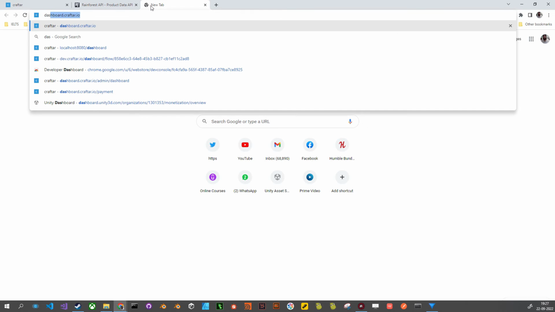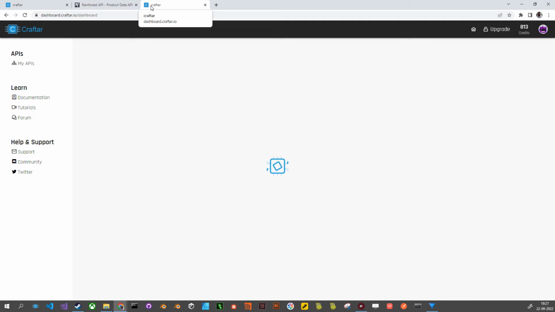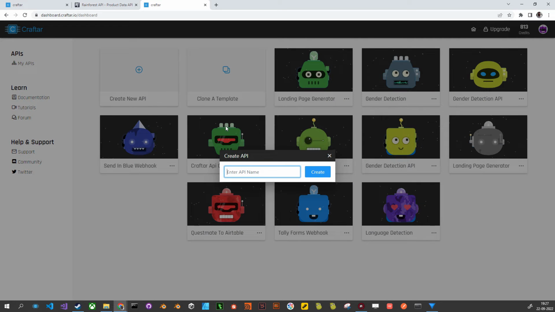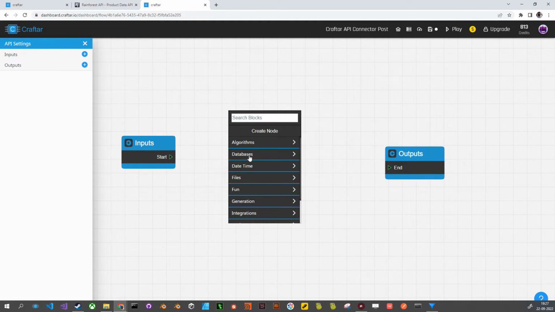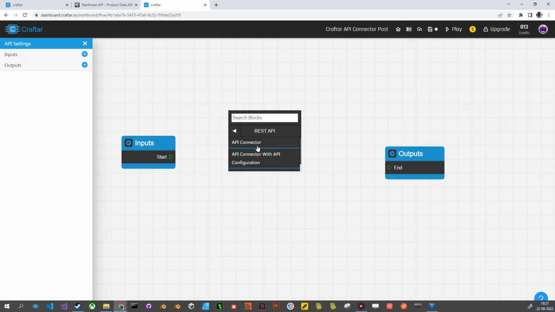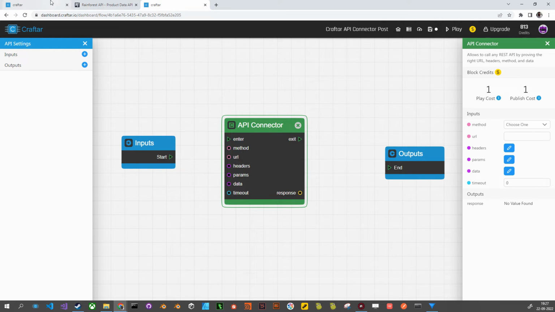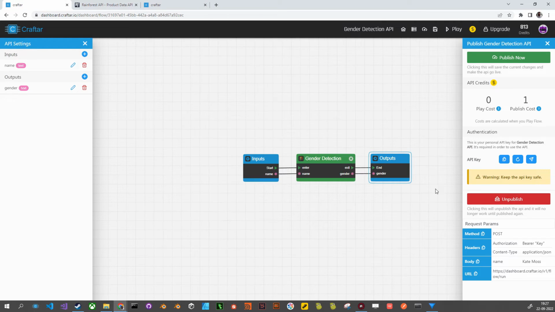So I'll just open a new tab and a new instance of Craftar. So I go here, I'll click on create a new API. We'll call it Craftar API connector post. Okay, so I click on create. So now we'll try to call our API that we made. I'll go to network, go to REST API, API connector, and now if we go to our API gender detection,